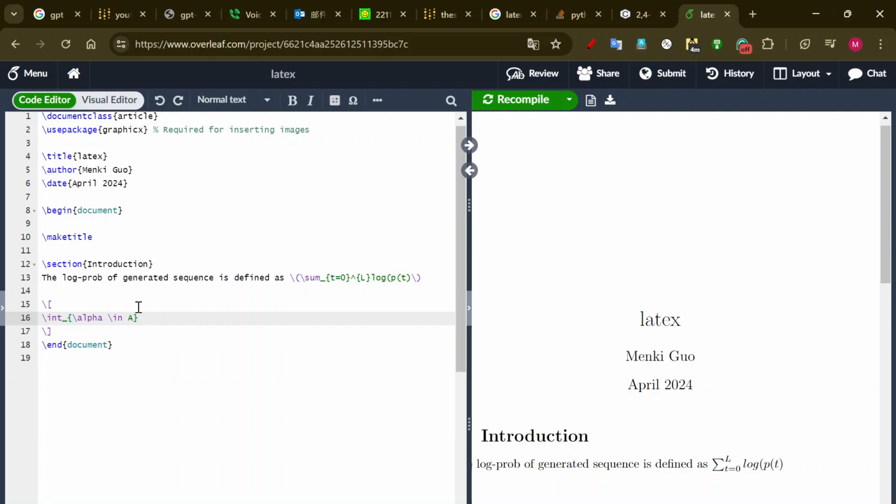Actually, this doesn't really make sense, right? This will be sum, it will make sense. And then here, I can have... and if you don't know how to do something, just Google it. Overleaf, they have really good documentation for all this. So here, I can also have